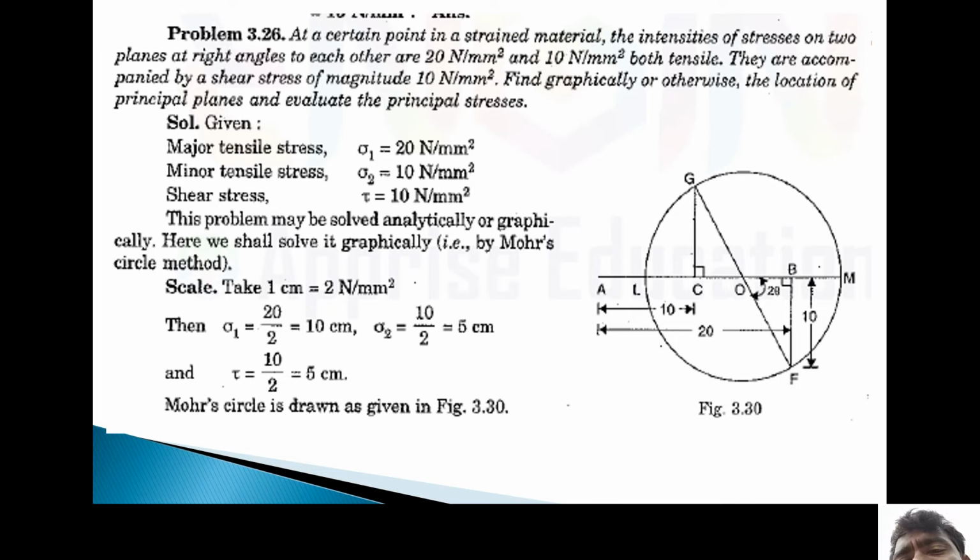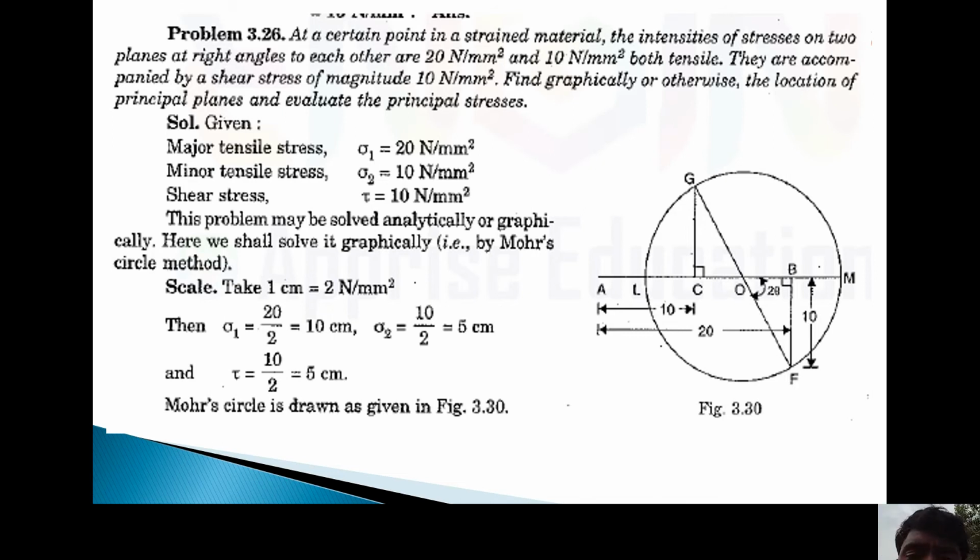This is also a figure, the Mohr's circle figure. In this figure we can draw using these equations and values: the major tensile stress is equal to 20 Newton/mm², the minor tensile stress is equal to 10 Newton/mm², and the shear stress is equal to 10 Newton/mm². Taking 1 centimeter = 2 Newton/mm², that gives σ1 = 10 centimeters, σ2 = 5 centimeters. Using 10 centimeters and 5 centimeters, you can draw a